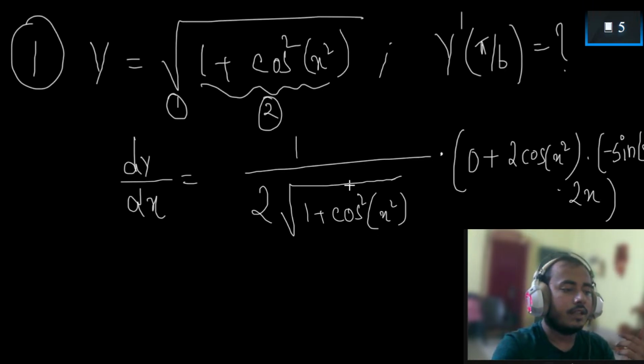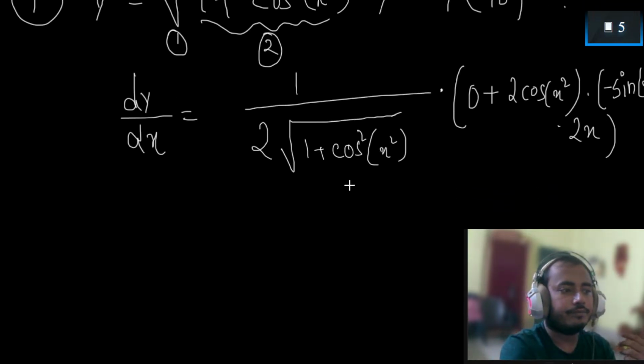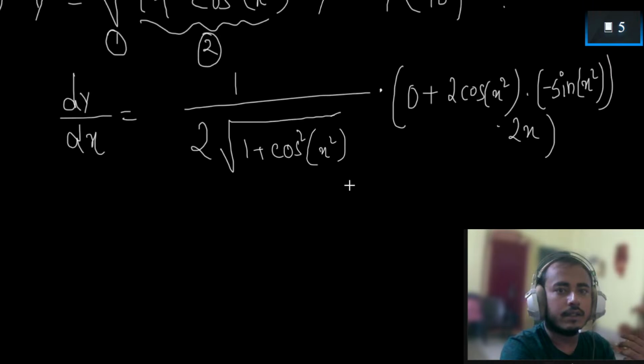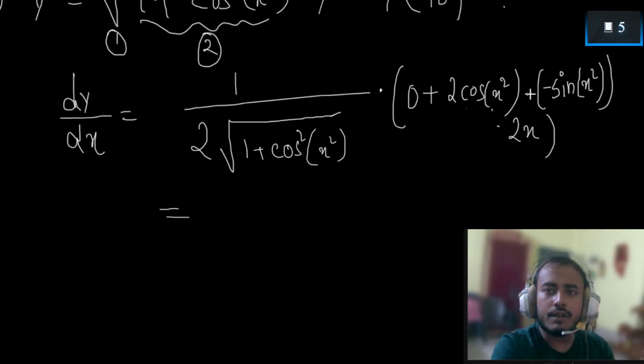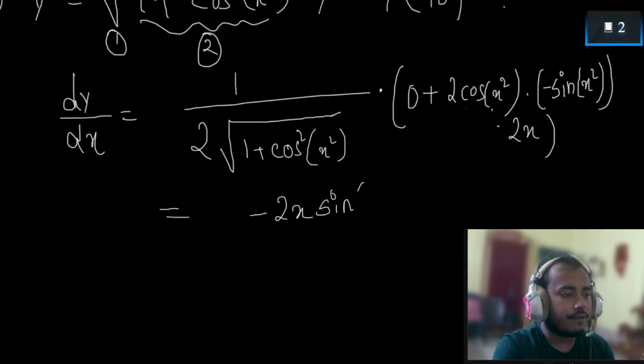If you do this, it becomes 2 into cos of x square into sine of x square. This is the formula for sine 2x, so it becomes sine of 2x square. So in the numerator, you simply have minus 2x sine of 2x square divided by 2 times